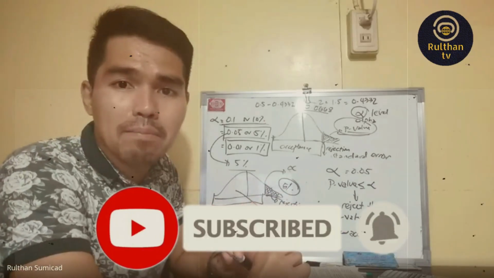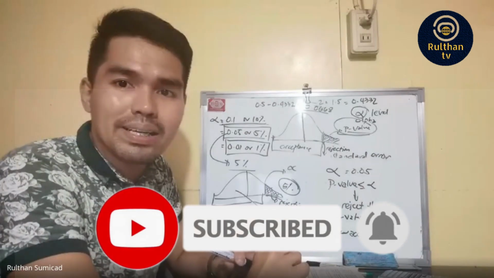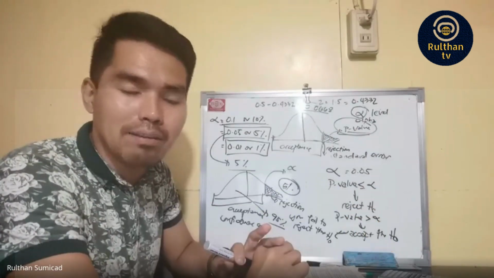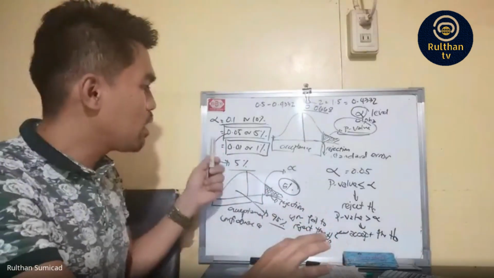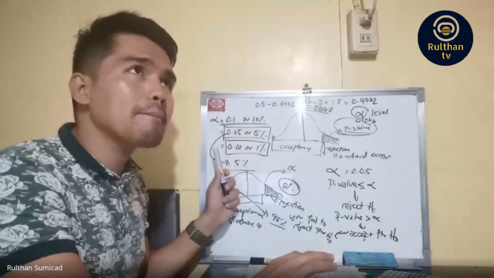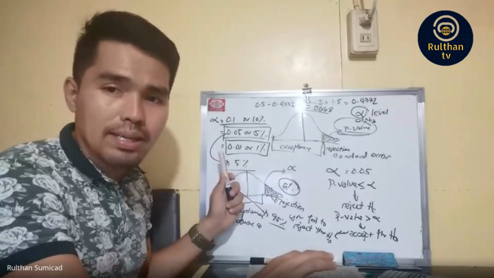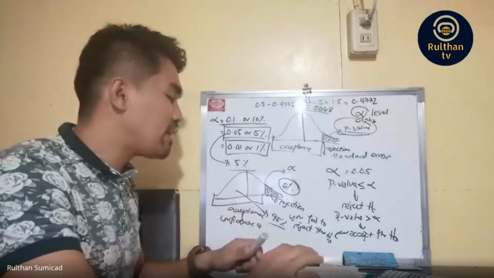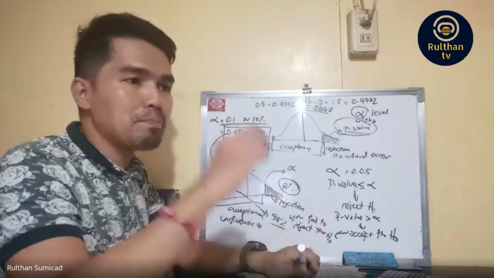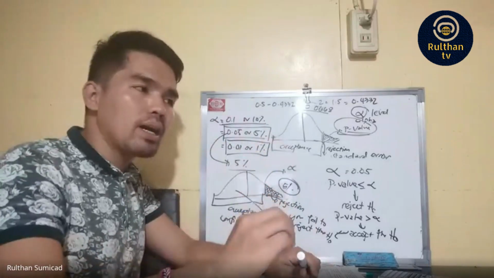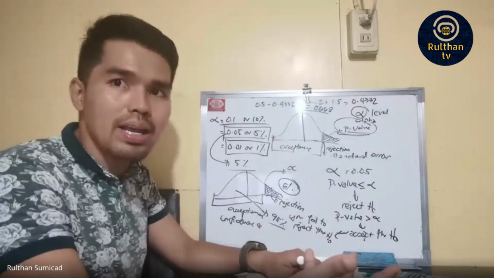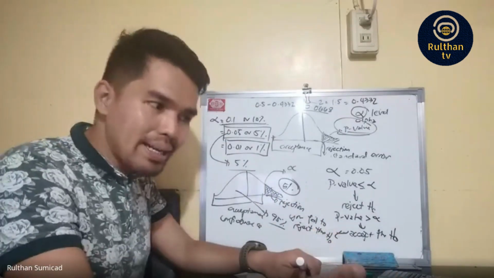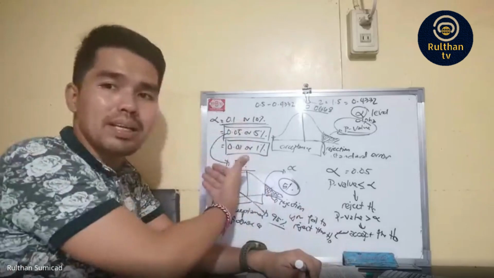So there is a reminder here. Does each researcher decide on his or her own alpha level? The answer is certainly not. Yes, there are three common alpha levels introduced here, but you have to take note that per program or per area of specialization, there is already a convention applied as to which level of significance